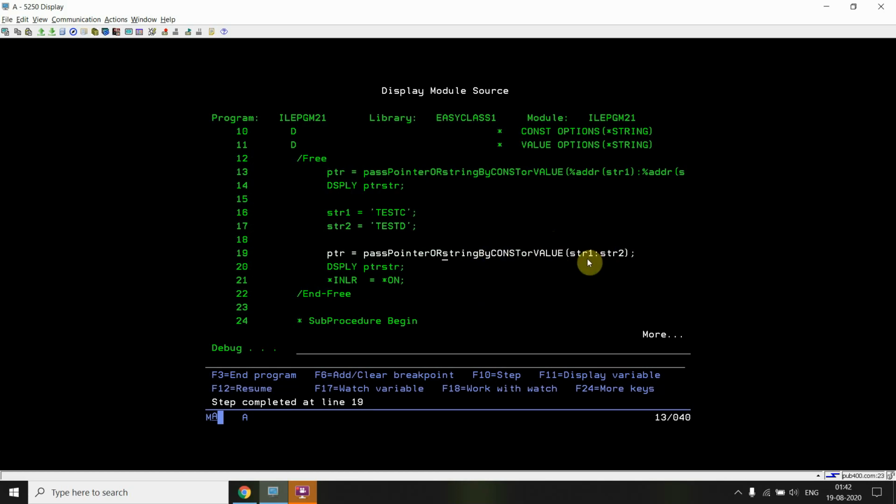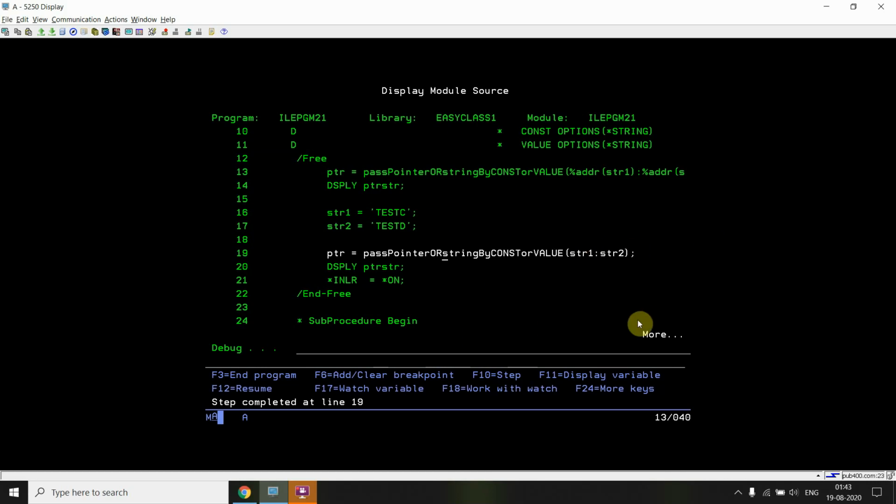Now I'm passing the strings directly. So in this case, the main concept is here. What happens is the OS internally assigns these values to some temporary addresses, and then it adds the null pointer by itself. Then it will pass the addresses of those two strings which I am passing.